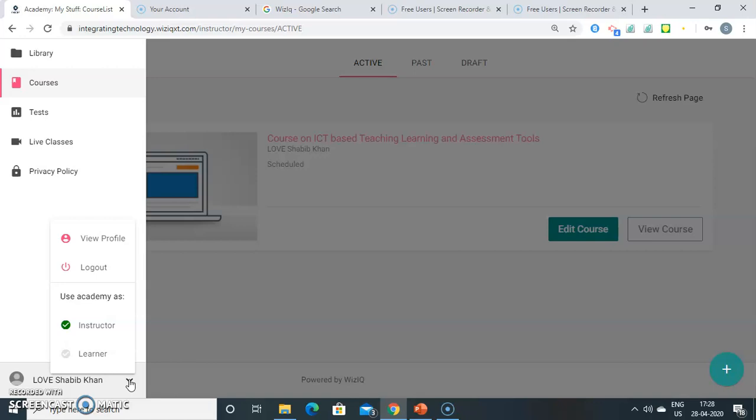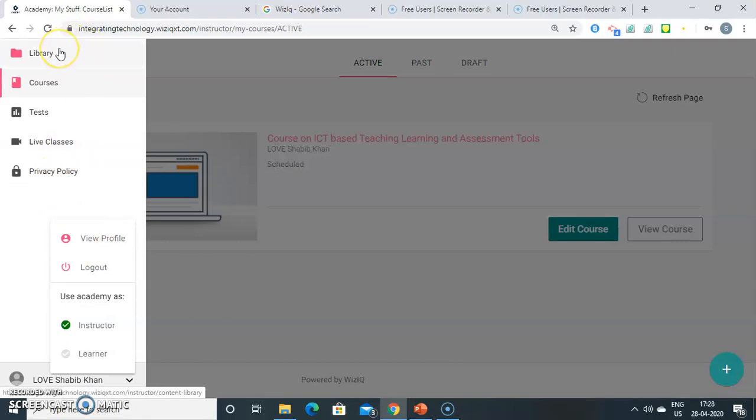You could be an administrator if you have started the portal and are using it on a large scale. So you could be an admin where you give rights and permissions. Right now for this particular class and this particular portal, I am an instructor. And if I click on learner, I can take the role of a learner. You can create your profile, update and modify it. And once your session is over, you will log out.